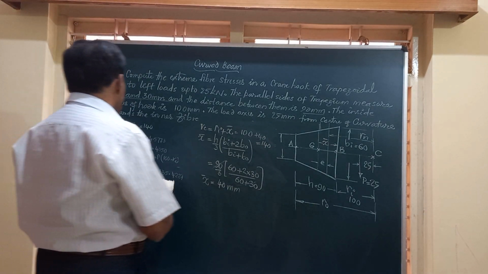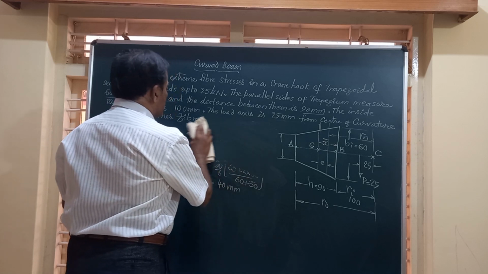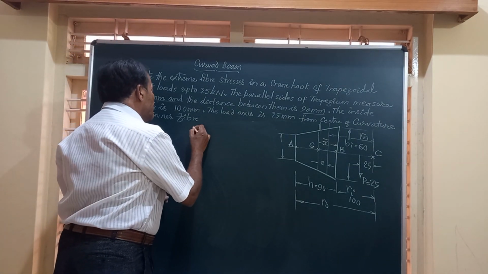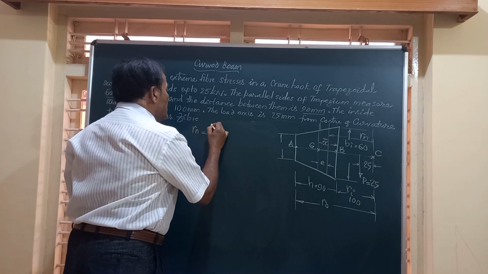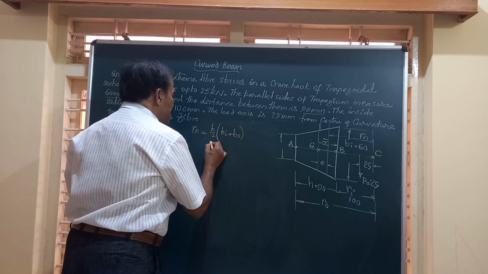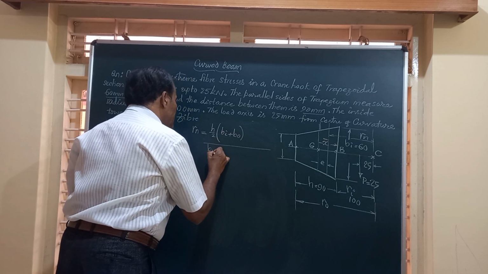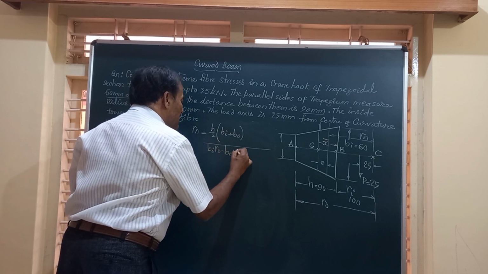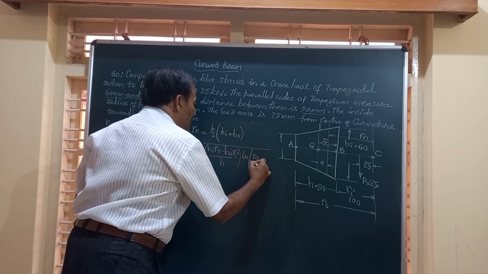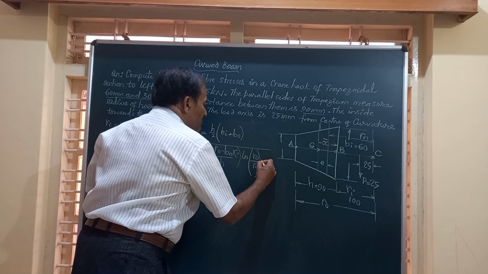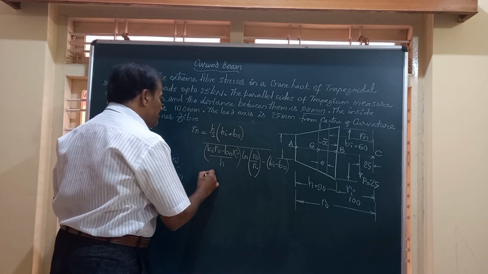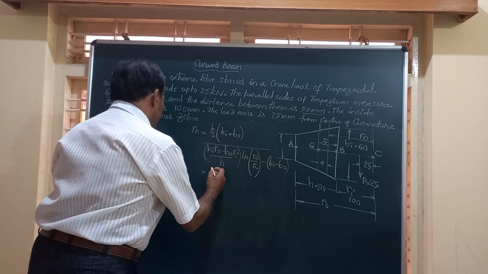Friends, let us move on to this Rn. For the trapezoidal cross section, Rn is given by the formula Rn equal to h by 2 (bi plus b naught), that is the area of cross section capital A, divided by (bi r naught minus b naught ri) divided by h logarithm of r naught by ri, minus bi minus b naught. Friends, you know all the parameters. If you substitute in the formula, you will get this value of Rn as